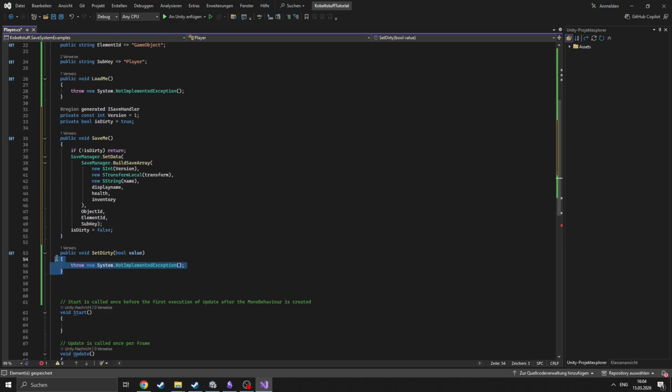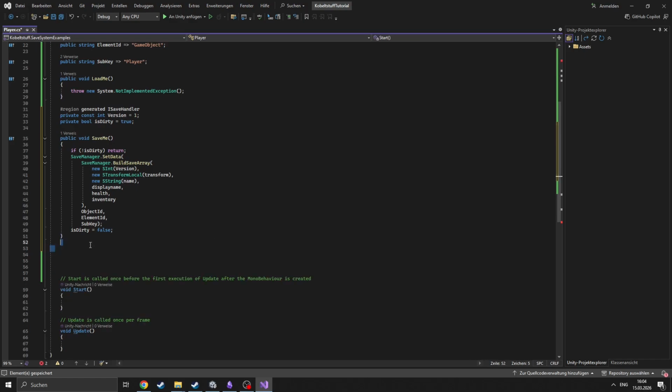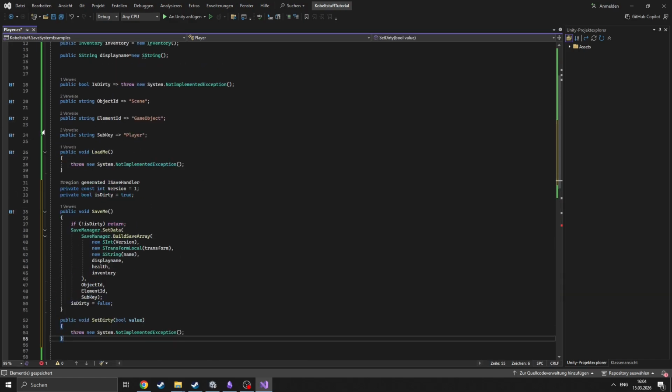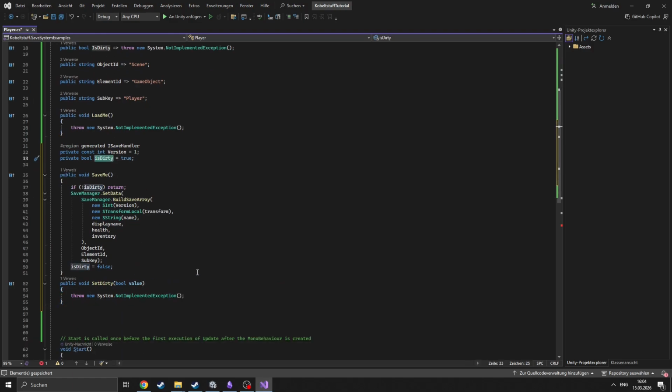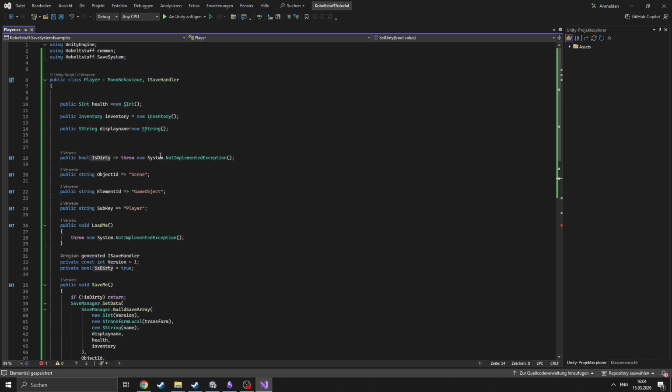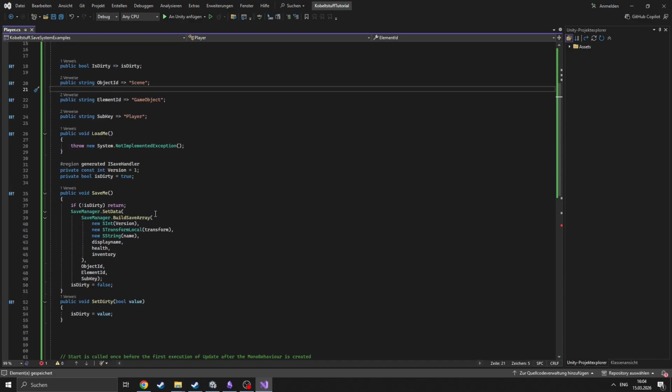And now we have the Set3D. We can use the Is3D, which is created with the SaveMe part. Put it here, set value, and we have our setter. Our getter is done also,